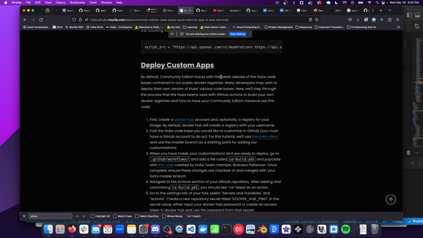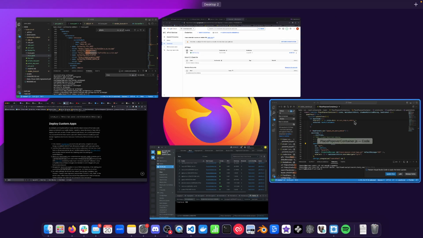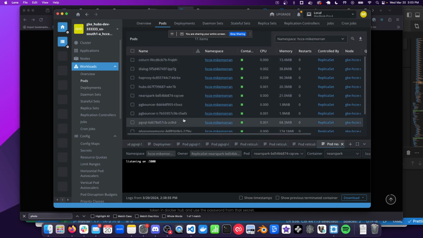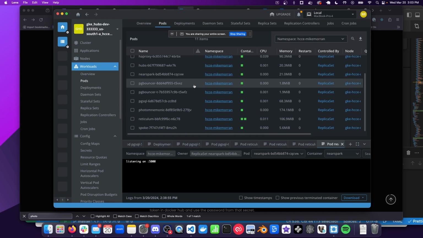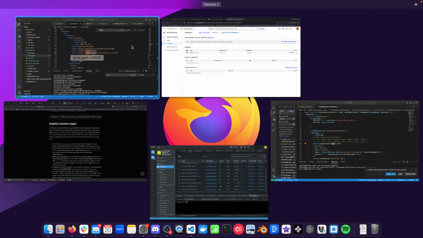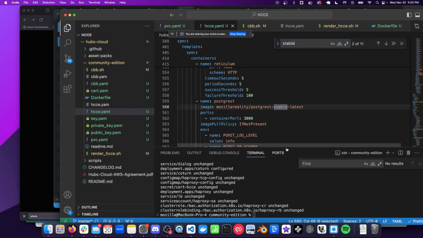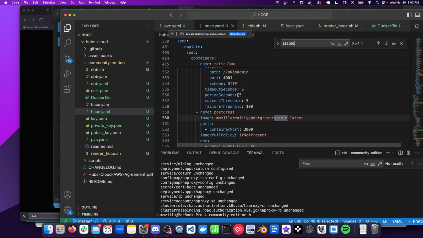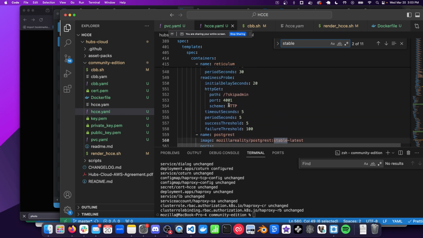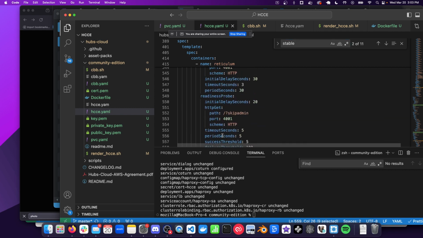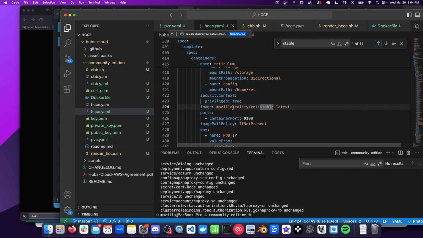I'll start off by saying there are a large number of code bases that go into Community Edition. Basically, every single one of the pods that is running has a unique code base that can be customized. And just as a recap for anyone who has not been to a previous meeting, if we look up here, this is actually under the Postgres pod, but there are these mentions of